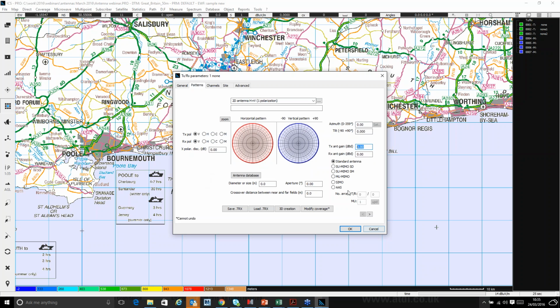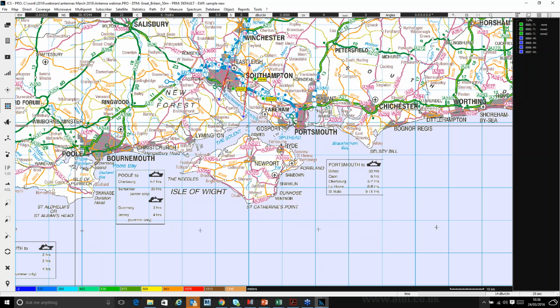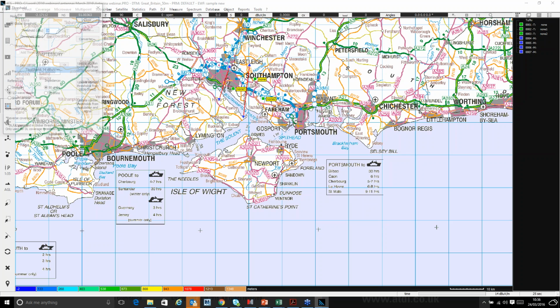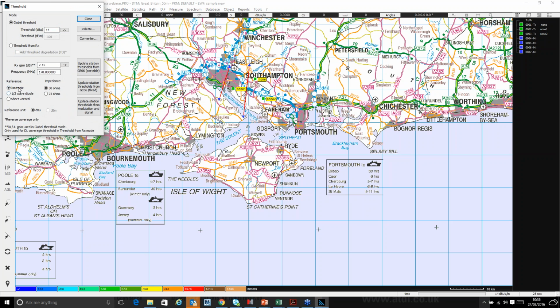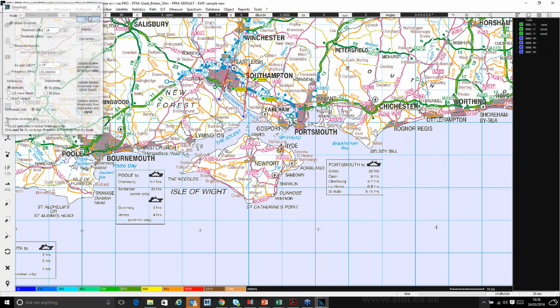Okay, so that's as I say with the height, with the antenna polarization and antenna gain. If I want to set these, what are they referenced to in terms of my antenna patterns? Then over here on the thresholds, I've got the ability to choose between these three. Typically the dipole and the isotropic are the most widely used, and that means that my gain, if I set that to isotropic,